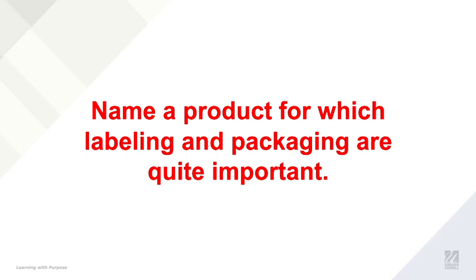So the label is super relevant, but the packaging is also relevant because if these are tablets, you will need to have all these metallic little containers, so they will need to have characteristics that do not allow children to open them, so you will need to have something that will keep them far from humidity or many other characteristics depending on the drug that you are selling. Same thing for baby formula, so packaging and labeling are super important.